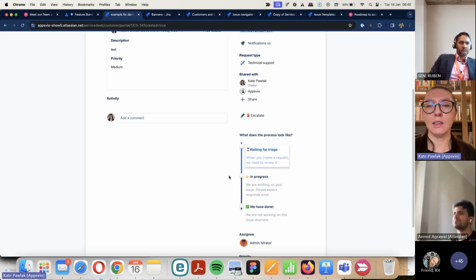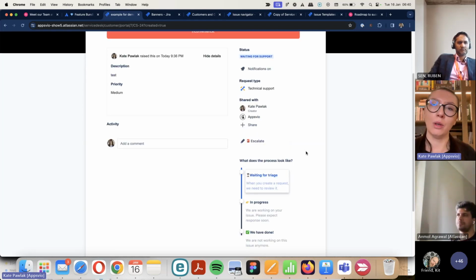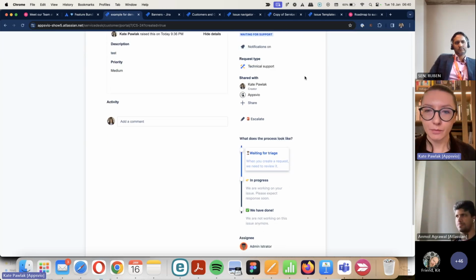Another thing is that here we have got a small, very simple workflow. And here we have information on what will be next and what steps are next, because of course we have got a status on this view, but you can provide some additional information to your customers. So you can add a short description, you can name these stages,